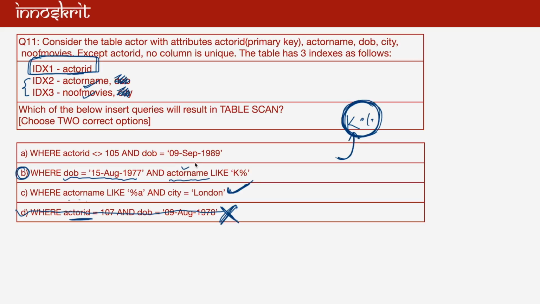So here this index will be working, and because you have and condition, so it will simply go to the index and it will fetch the data. So this will again not scan the whole table, ये again scan नहीं करेगा whole table को। आपसे ऑप्शन में पूछा है कि which options will scan the whole table, तो this will not scan the whole table, fine। तो that means option number B again is not going to be the answer।